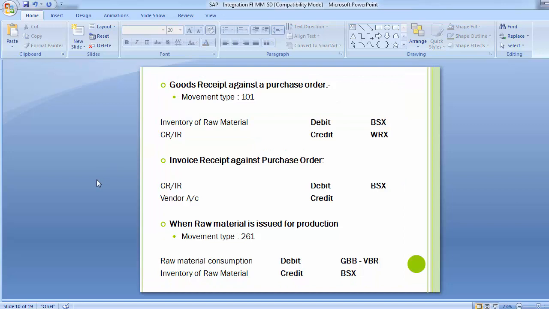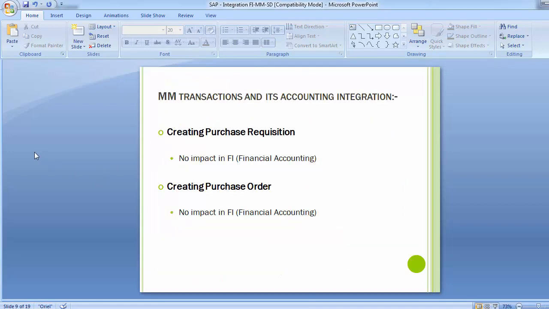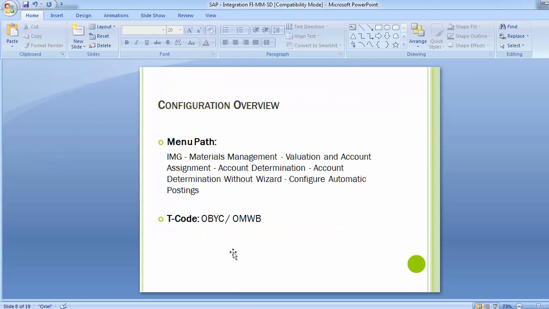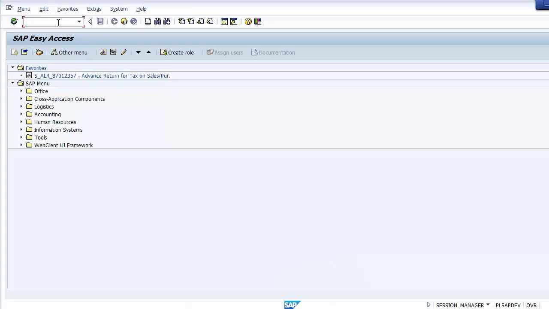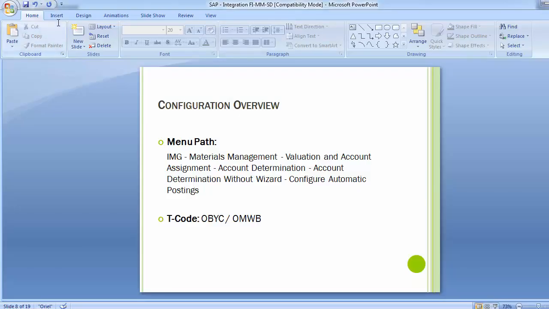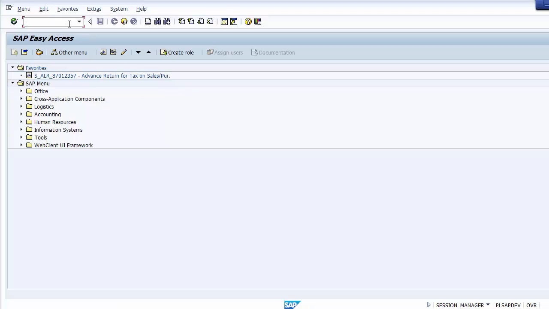Let's see the transaction or configuration path we have just seen, which will probably give you a better understanding of the integration we are about to discuss. The transaction code used for integration of automatic postings is OBYC.